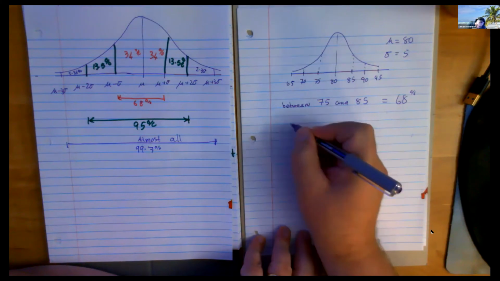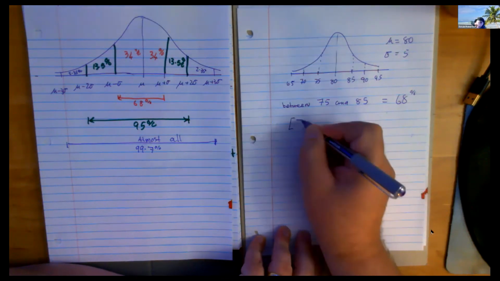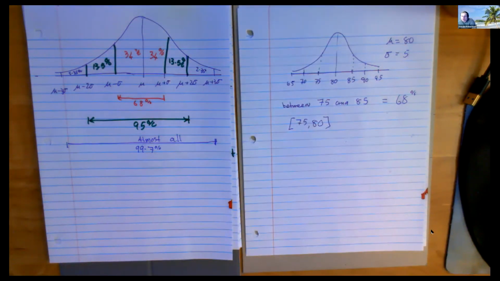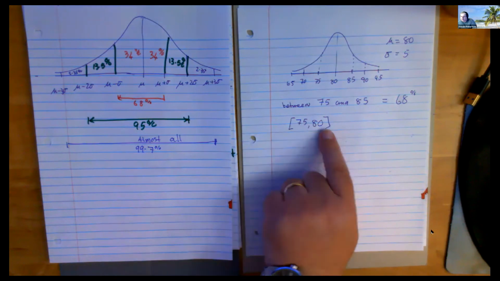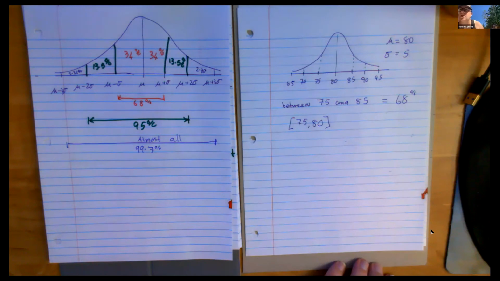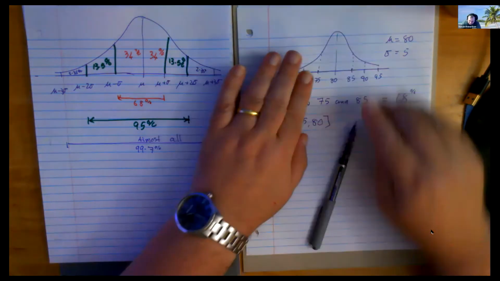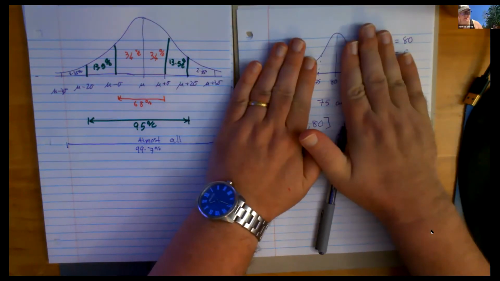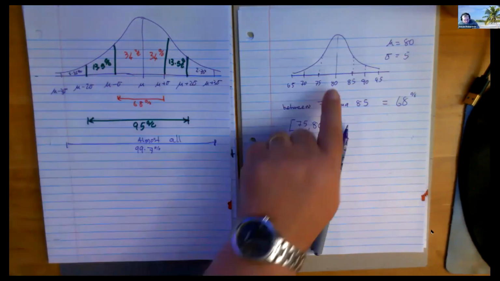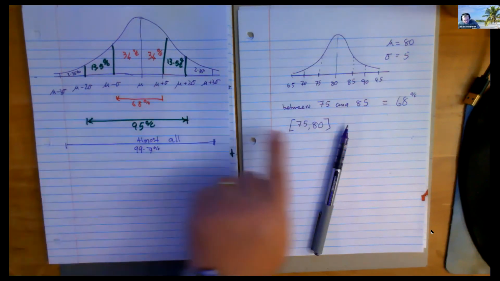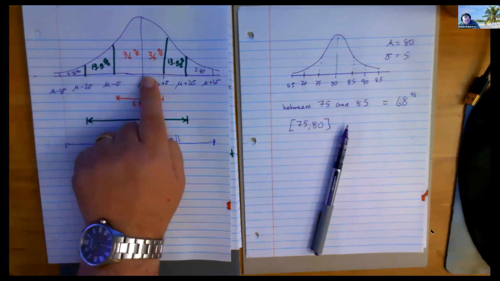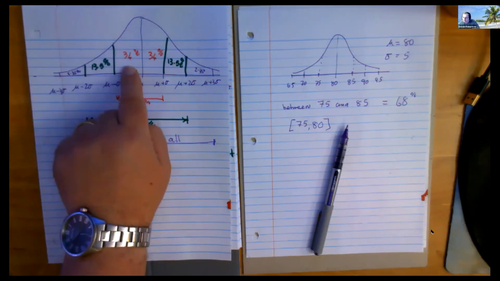Suppose I asked you to tell me what percentage of the data is in that range. And you see here, I'm not doing it as words, I'm doing it as a little square bracket and interval, and that just means between 75 and 80. What percentage of people are there? 34%. Do you see it matches this one? See how you use this as if the numbers were here? If you said 75, you'd be talking about here. If you said 80, you'd be talking about here. Isn't from here to here just one piece of the cake? It's a 34% piece.